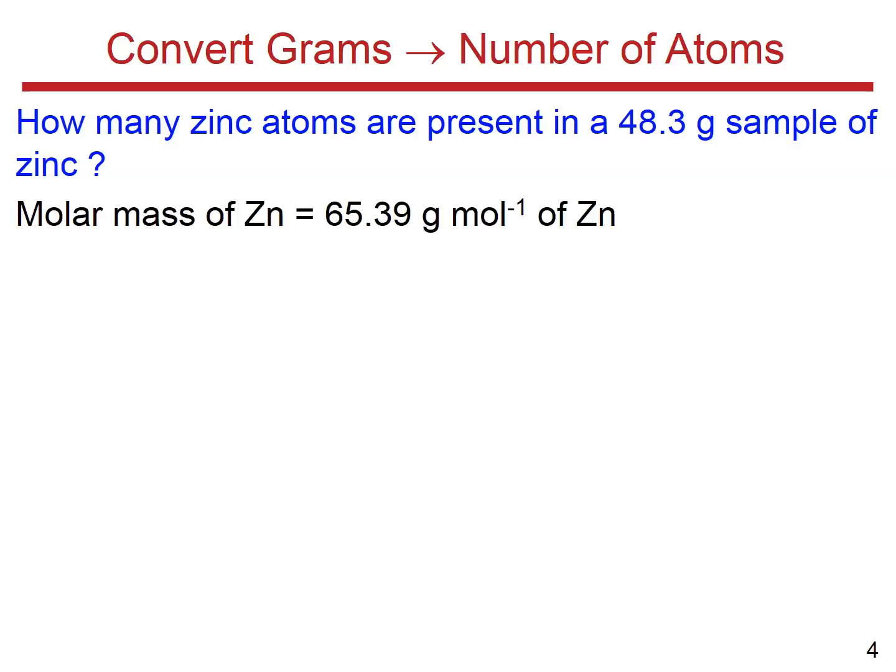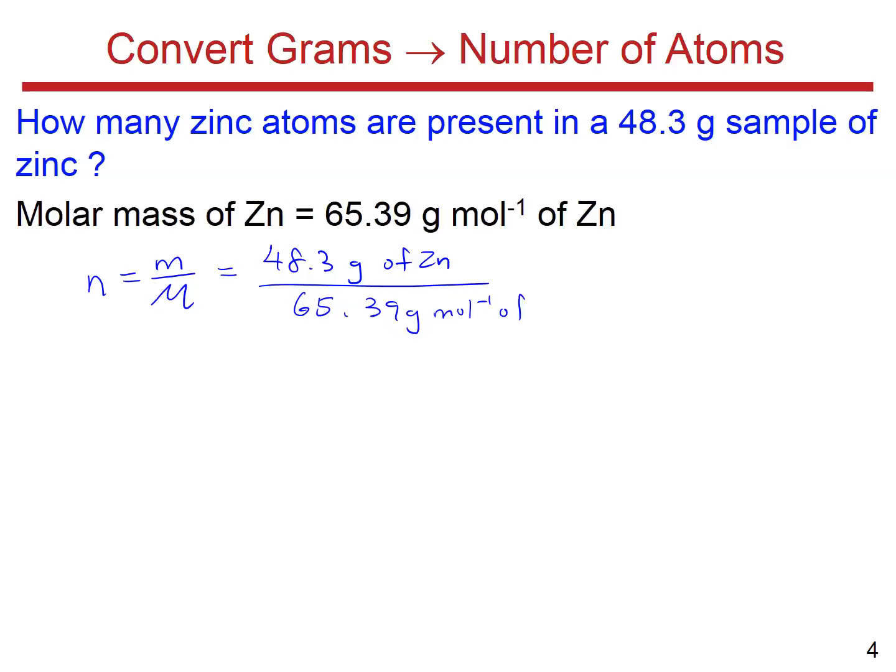Now in these questions, we're going to look at converting grams to the number of atoms. In order to calculate the number of atoms, we will have to first determine the number of moles. Again, the number of moles is equal to the mass divided by the molar mass of the molecule. In this case, the mass of zinc is 48.3 grams, divided by the molar mass of zinc, which is equal to 65.39 grams per mole of zinc. And that's going to give us